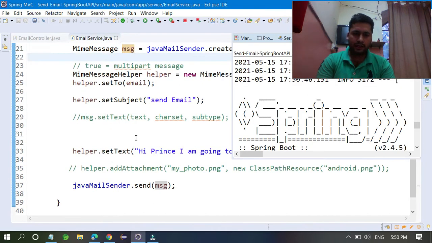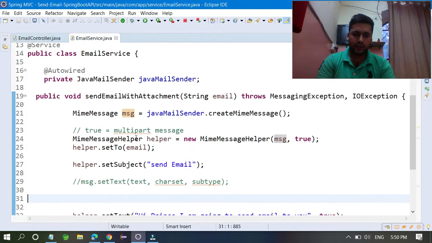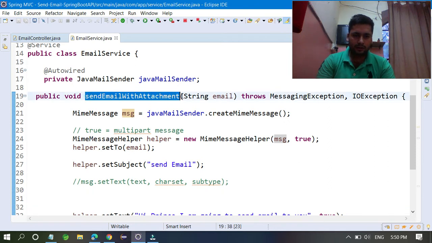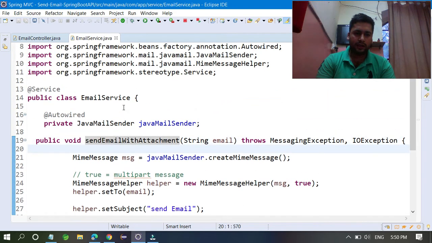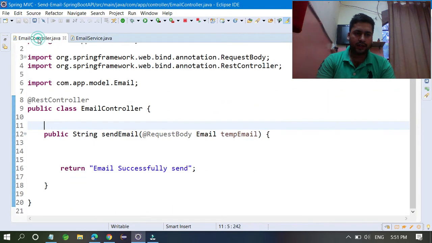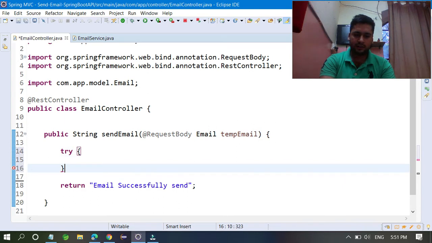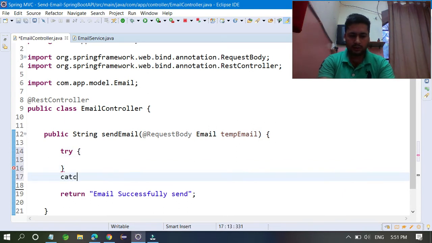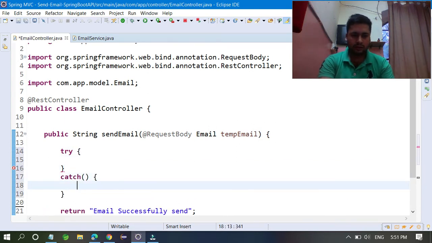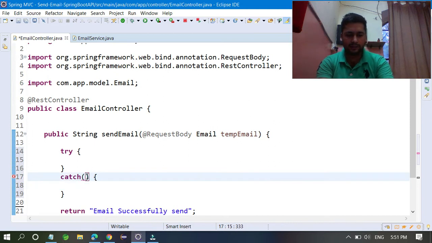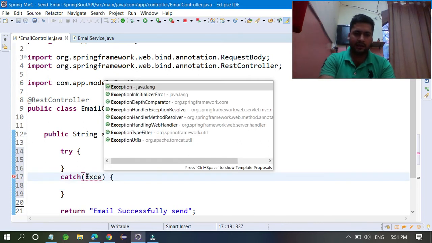Okay, my service is almost completed. So what you have to do, you have to copy this one, send mail without attachment. So copy this one, or go to controllers, and here you have to write in try catch. So this one is try catch, it will throw exception, so that I will write everything